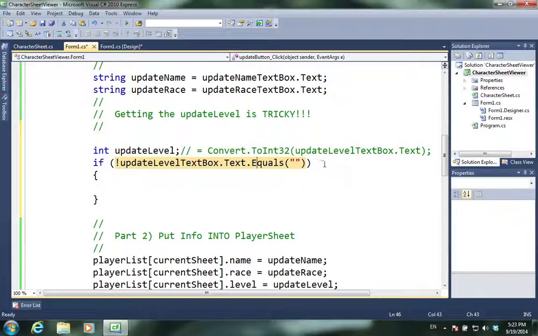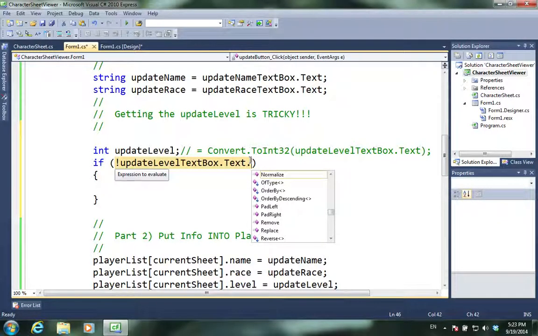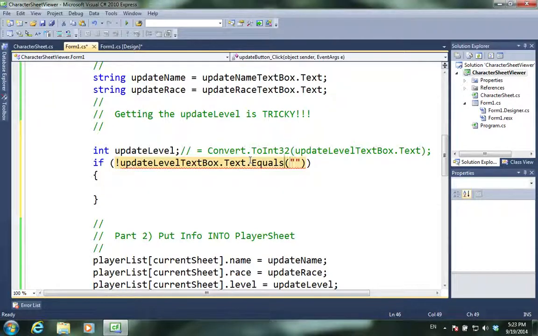So I'm basically saying not equals. I don't think there's a text, yeah, they don't have a not equal, so I have to use equals. I really wish I could just say not equals, but we can't do that. Because I can't put the not here, instead I put the not at the beginning. So if the update text box is not equal to the empty string,